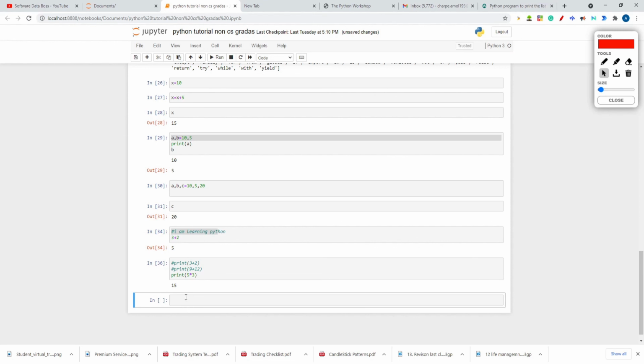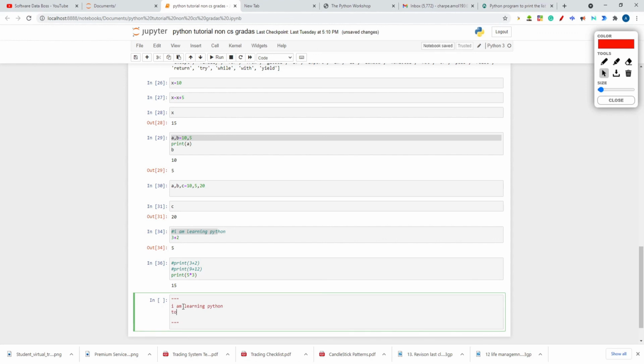So that's how you can use comments to give information about what you are doing in a particular program. These are single-line comments, right? I have to give a hash every time. But if I want a multi-line comment, also called a docstring, or document string, the syntax is triple quotes. You can write anything: I am learning Python.